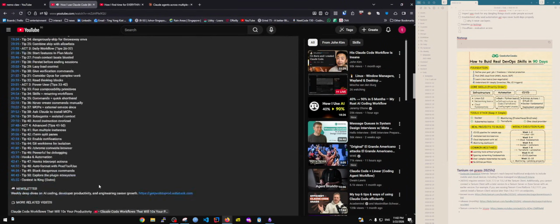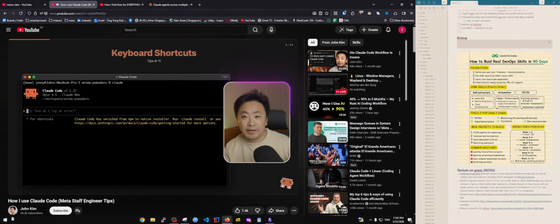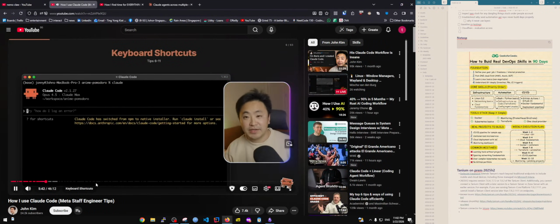All right, so let's go to some keyboard shortcuts. The reason why I even have this entire section for this is because if you're going to be in Claude Code all day,